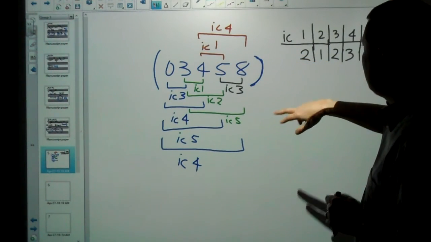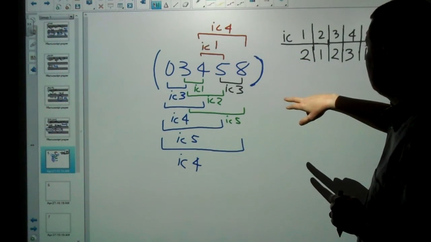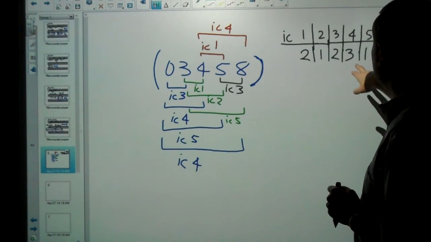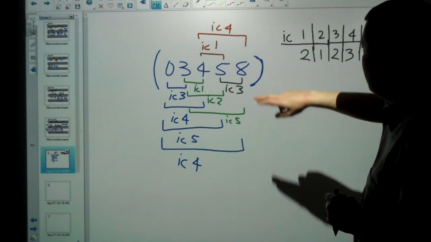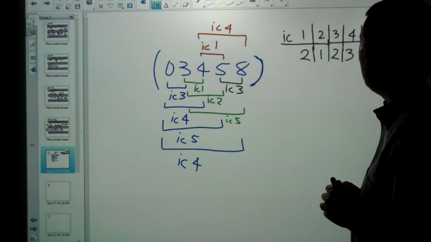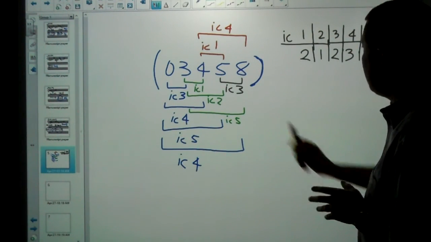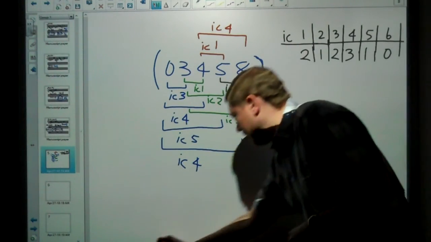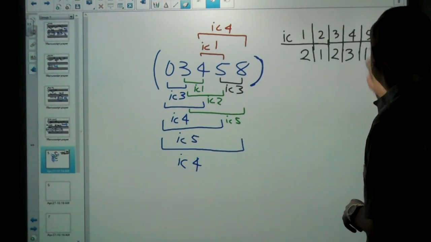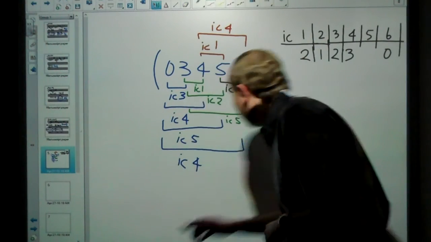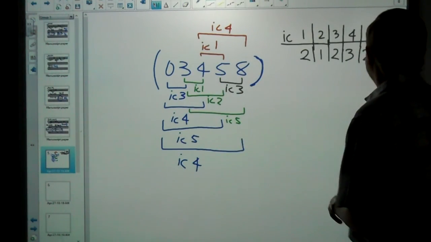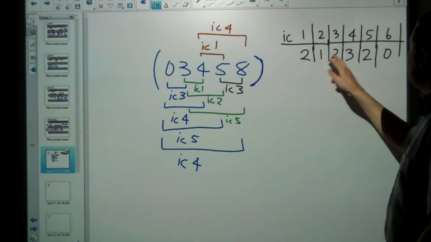There's 2 of interval class 3. There's 3 of interval class 4. Oh, and there's 2 of interval class 5. See, this is where it gets tricky if you don't pay attention. There's 2 of interval class 5. Alright, so now 2 plus 1 is 3, plus 2 is